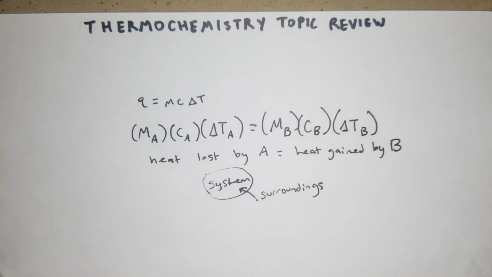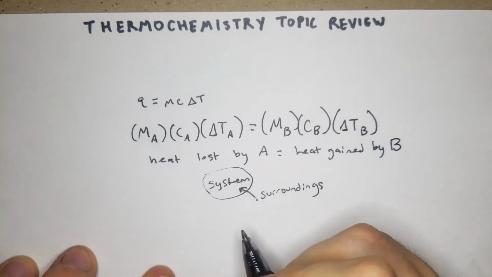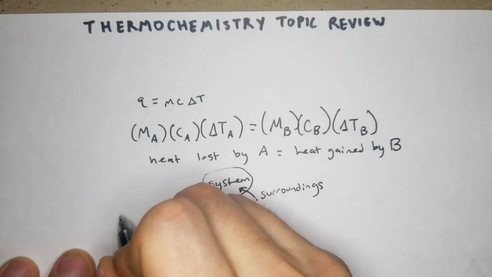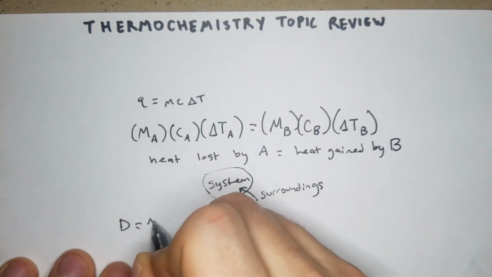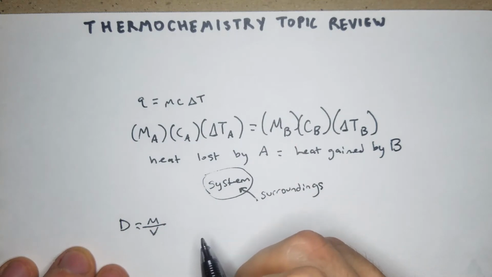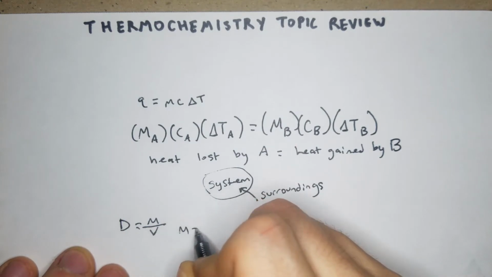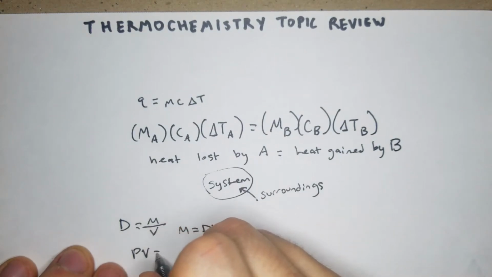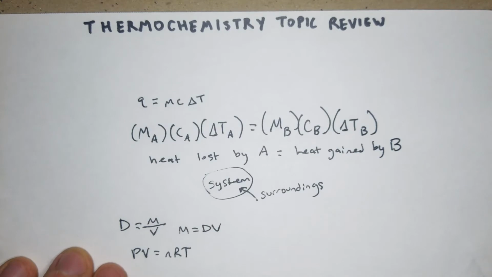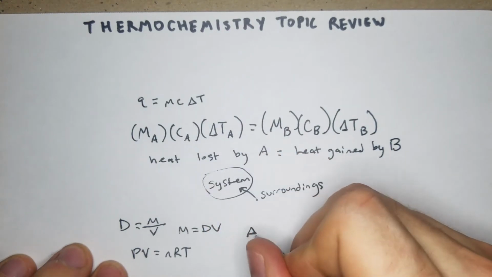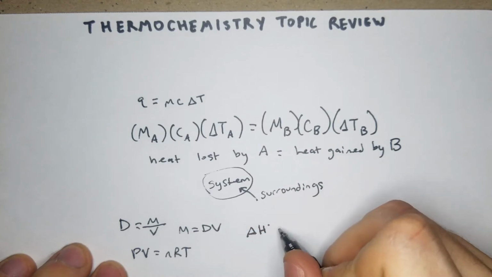The next thing that you're usually going to have to do is enthalpy change calculations, and for that, they're mostly algebra, to be honest, except you're going to use a few formulas, like for instance D equals M over V, or, as I showed in one of the videos, M equals dV. You're going to have to do some of those. PV equals nRT might rear its head again, but mostly you're going to have this formula here: enthalpy is equal to